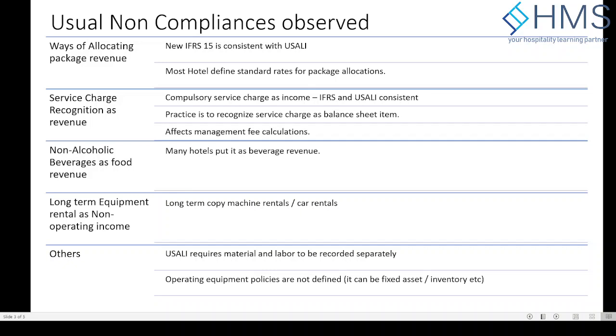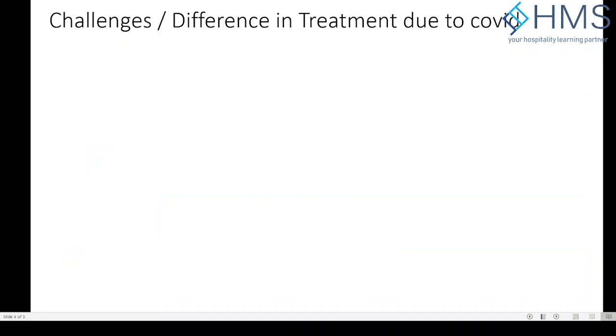If you have any other questions, you can join the class tomorrow, and then you will find out more. If your individual hotel is not following these standards, then what are the challenges now due to COVID, due to the pandemic? There are some challenges coming up in the definitions of USALI, because USALI has not been changed for quite some time, and the recent challenges are causing confusion for accountants about how we are going to treat